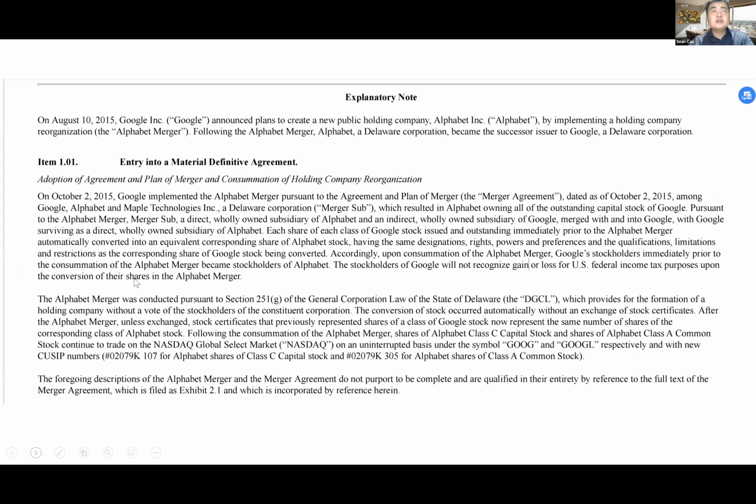So this is another Item 1.01 example. Basically, Google announced some deals with other companies. It's also like a material agreement. It's not a contract, it's an agreement. It's a material agreement between Google and some other companies.